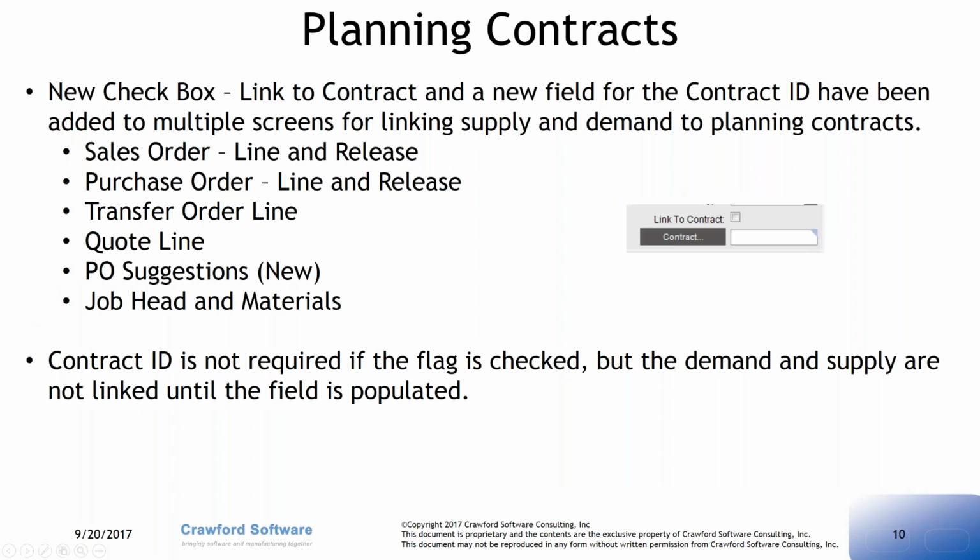The other thing that's going on is, in all those places that I'd mentioned earlier, there's now a new checkbox that has been added for link to contract, and then an actual place to put in the contract. So this is the final piece that actually brings it together. On the sales order line, if this line is supposed to be fulfilled or tied to a particular contract, then you would link it to the contract by setting that indicator and then putting the contract ID here. In our case, it's that